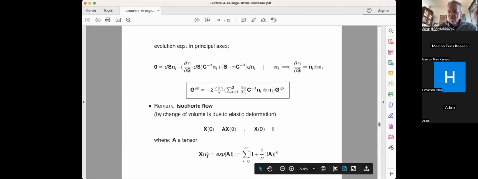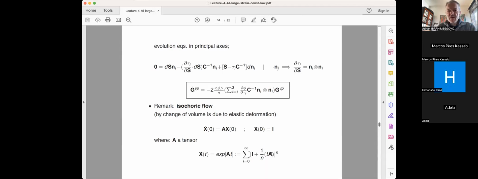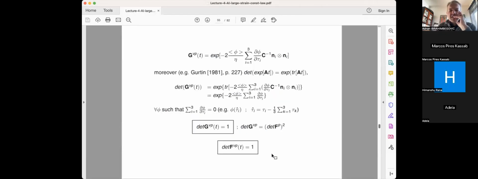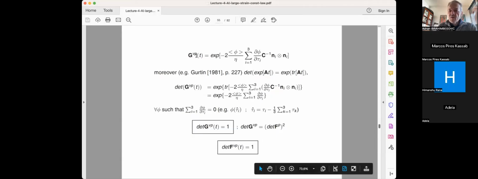an exponential approximation, that you say x of t is equal to exponential of At, where this exponential could be written in the closed form as identity plus 1 over n times tA all to the power n. So this is like an infinite series and stuff like that. A very similar exponential mapping is used for rotation when you talk about beams and these types of models. I'll mention that further. So when I take all these results into account, I can now write the viscoplastic deformation